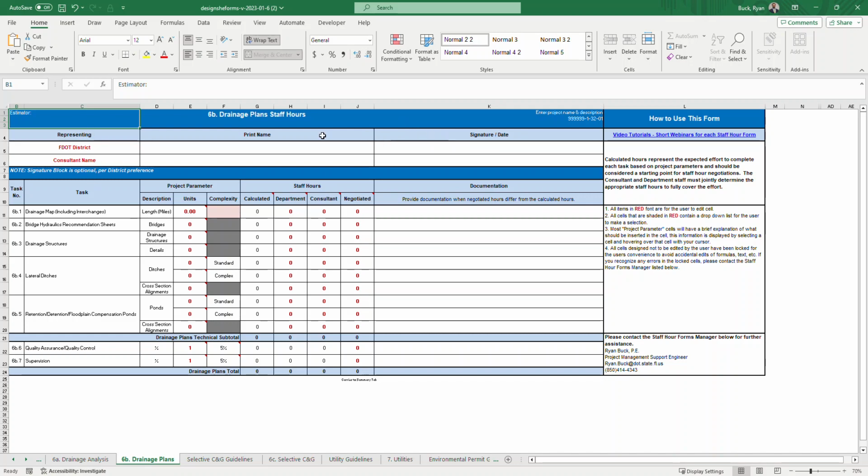At the top, it looks very similar. You can enter your names. There's a space for your signature and date. And over to the right is a how to use this form. Here's a link to a whole library of all the staff hour estimation form video tutorials, including this one. And there's some instructions on how to use this, which I will be covering in this video, as well as my contact information down at the bottom right. Please feel free to reach out to me if you have any questions, find any mistakes, and I'll be glad